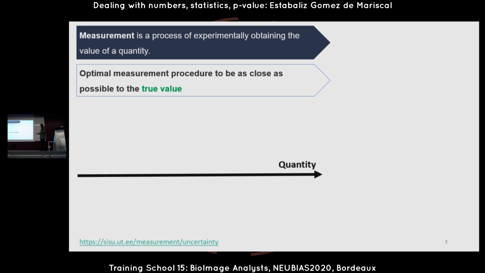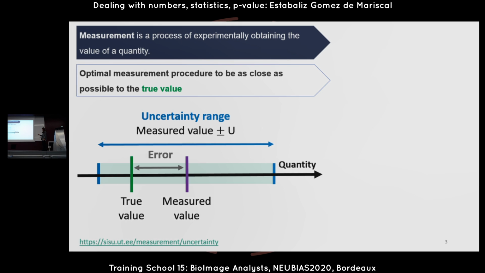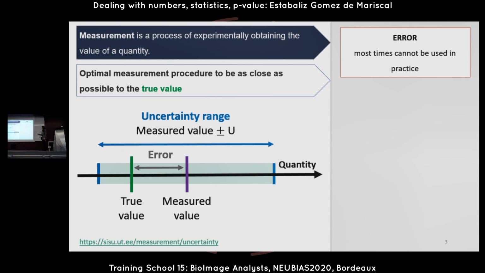So what does this mean? We have a quantity, and we have the true value and the one we measure. The difference between these two is called error. You all know this, right? And the value we get from the experimental measurements and all the range of values we can get, like the standard deviation, is called uncertainty range. So what is the difference between these two? The error is something that we cannot really measure, because usually we don't have our